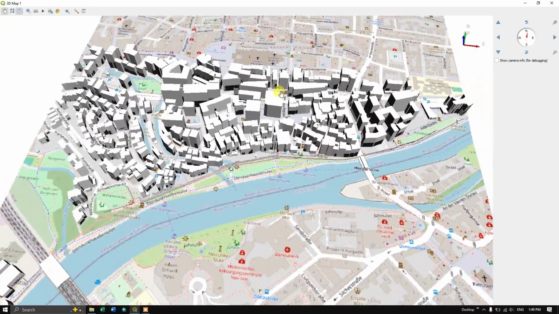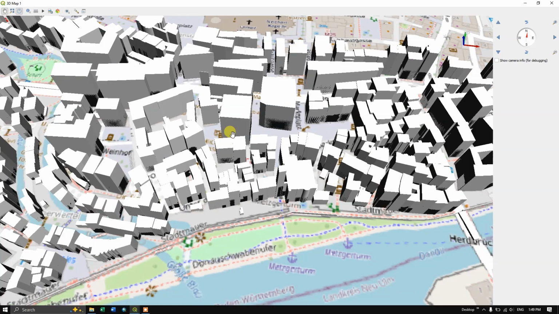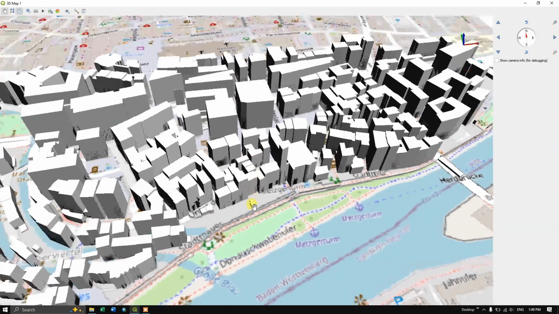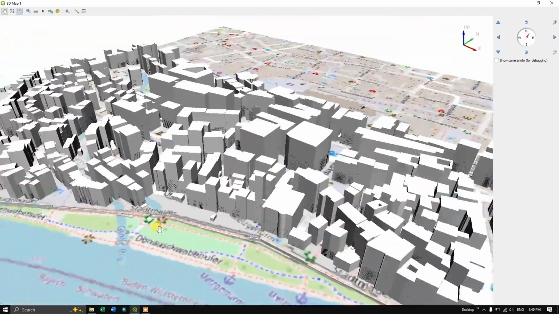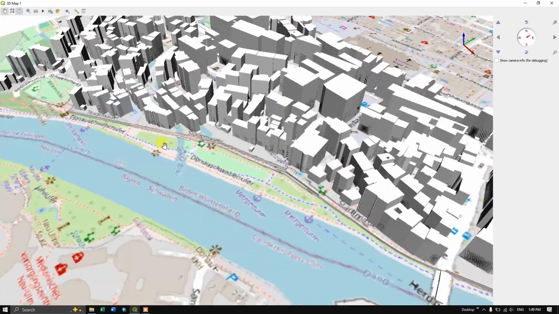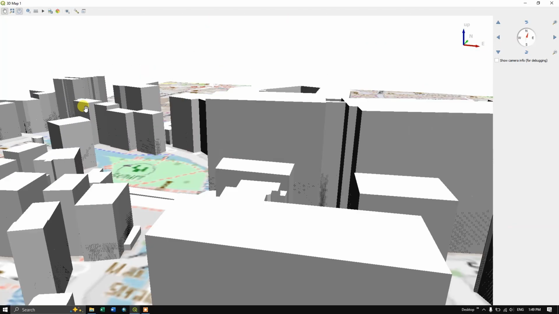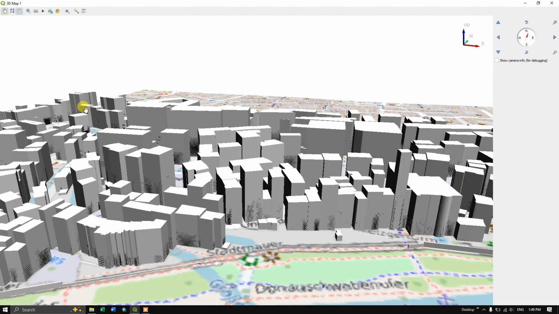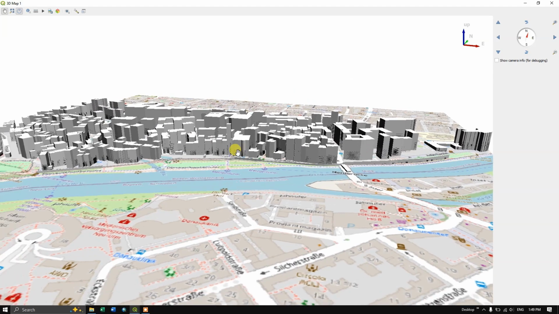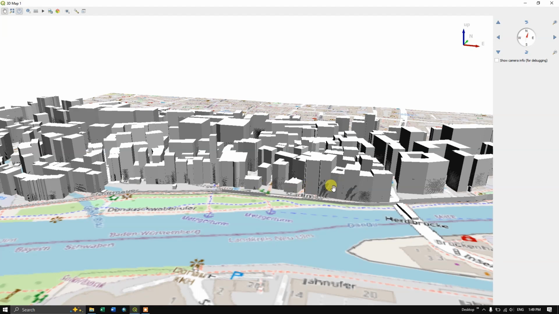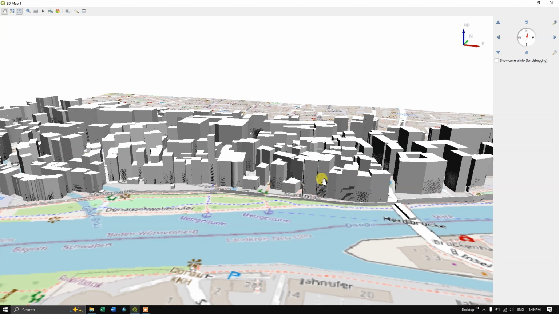Right. So you can zoom it. Use the shift button. Hold on to the shift button and you can move like this, right to the left. You can zoom in using scroll button. Zoom out using scroll button. And you can see the dark patches over here that doesn't look good.